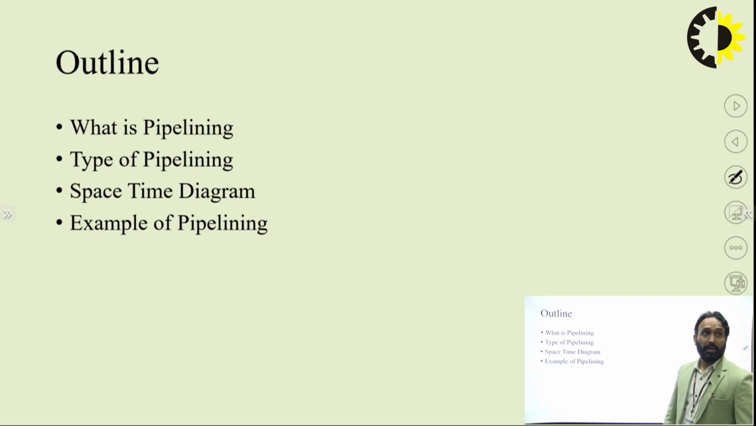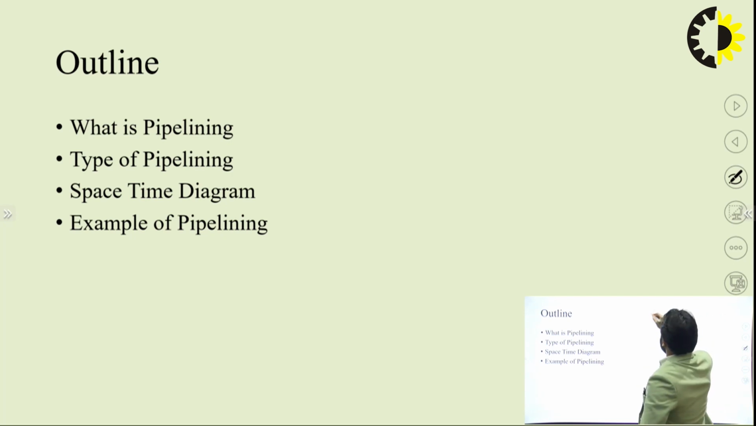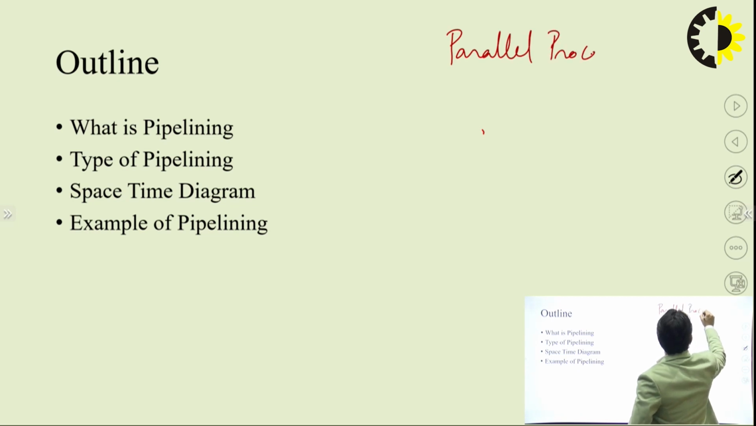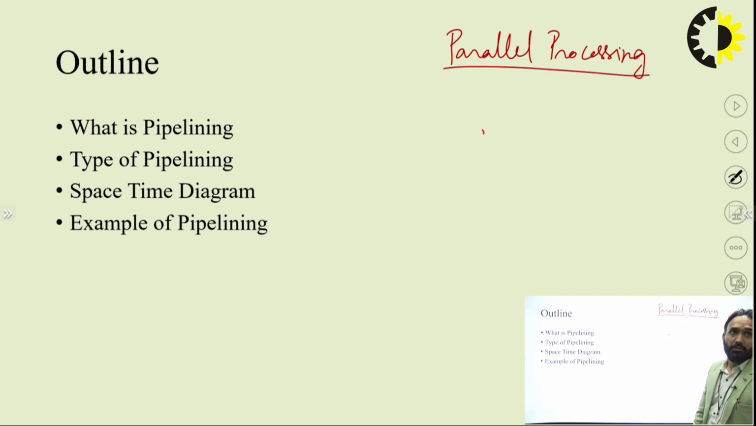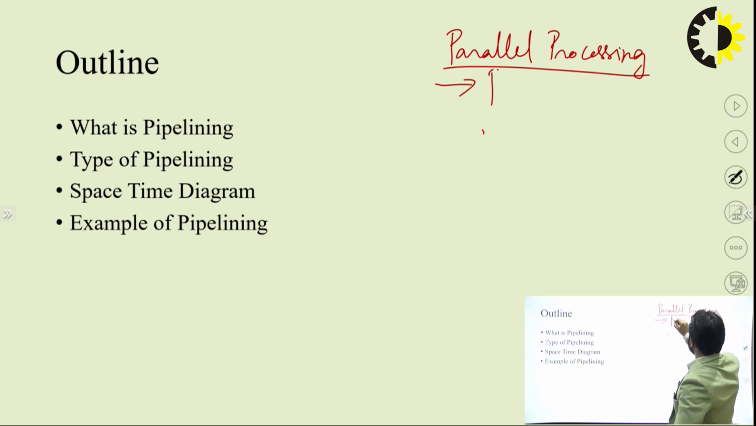Okay, so pipelining basically help in to achieve the parallelism within a machine. So first we know what is parallelism. In a machine, parallel processing is achieved by three methods. First one is pipelining